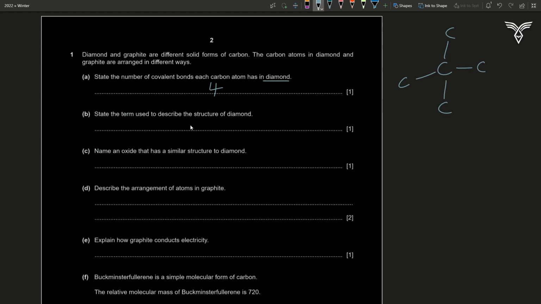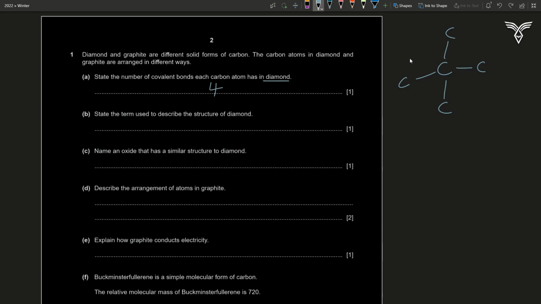طيب احنا الستراكشر بتاع الدايموند طبعا عارفين ان هو covalent. هل هو simple covalent ولا giant covalent؟ Of course it's giant covalent لان simple covalent بيكون حاجات زي الاكسجين اللي هي مثلا bonded directly to each other. It's just one simple molecule that is present. اما في حالات الجاينت covalent structures يكون one atom bonded to another atom والother atom bonded to one more atom